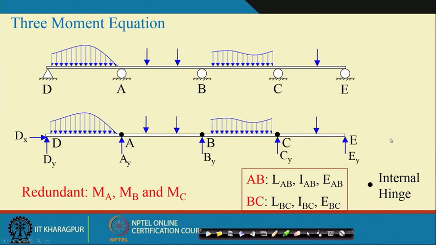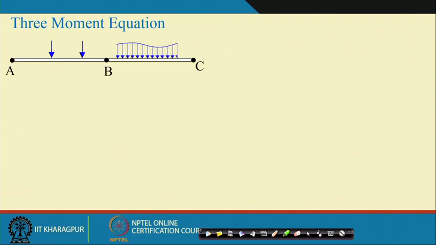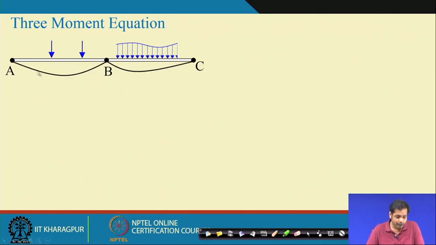Now, once we have identified the redundant forces and released the corresponding force by allowing the associated displacement, the next step is to create the basic determinate structure. If we consider this part, this is the basic determinate structure, which is subjected to the external load. Suppose under the action of this external load this is the deflection, and by looking at the deflection pattern you can easily make out that the